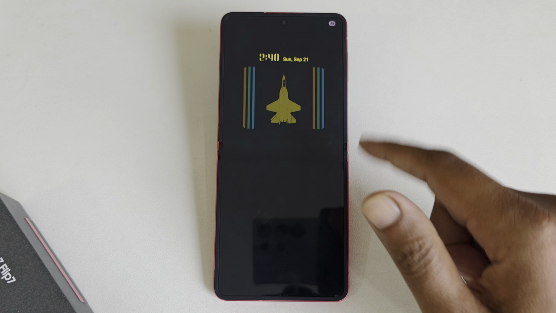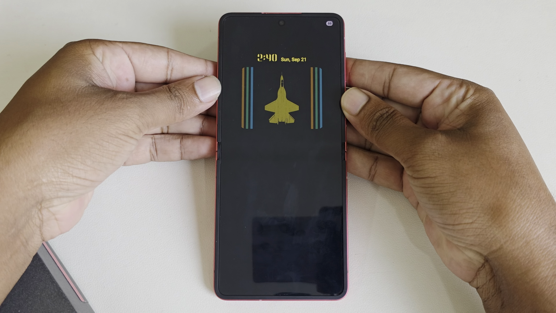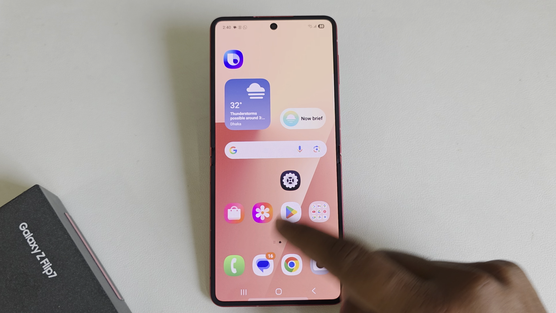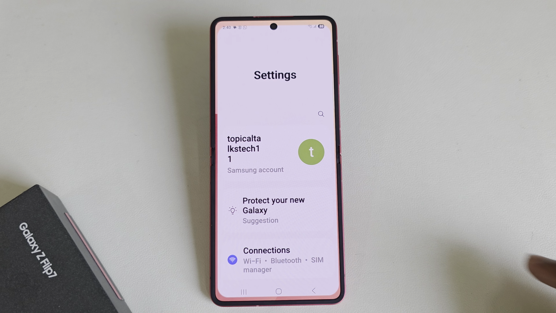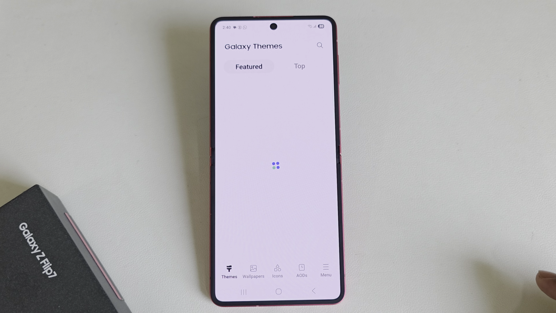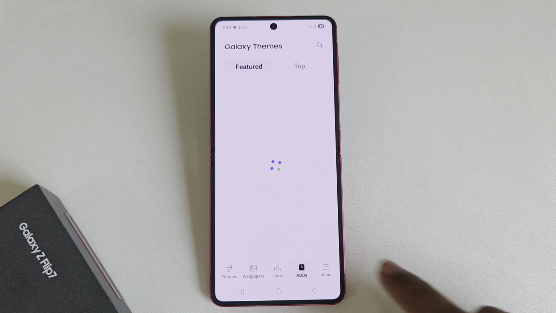How to remove this AOD wallpaper on your Samsung Galaxy Z Flip 7 or any other phone. For that you need to go to your settings, and from here go to the theme option, then just press on AOD,